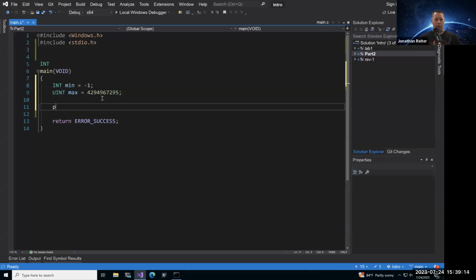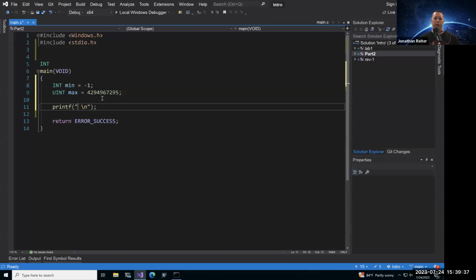What I want you to do is make a printf statement here. Inside of printf, we're going to make whatever status message you want, or you can copy mine exactly. But what we're going to be doing is some comparisons between these 2 values.